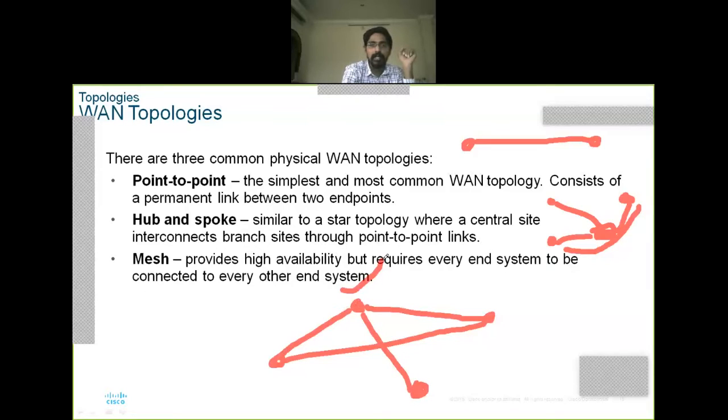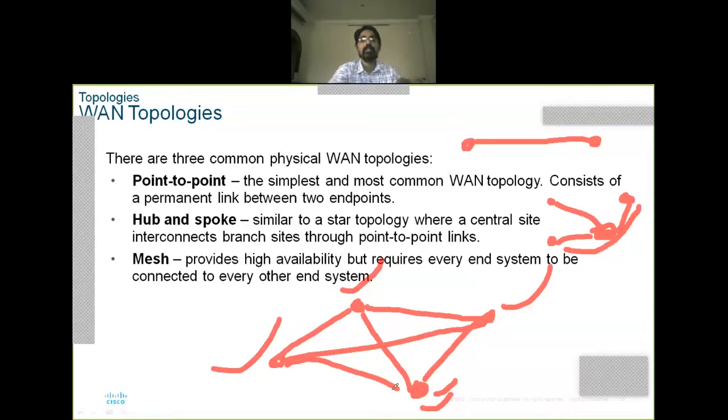Like that, for this system, we need one more path. Now, this bottom system has direct links to the other systems. This system also has direct links to other systems. This system also has direct access to other systems. So this is called mesh topology. Every system has a direct connection to all the systems in the network.